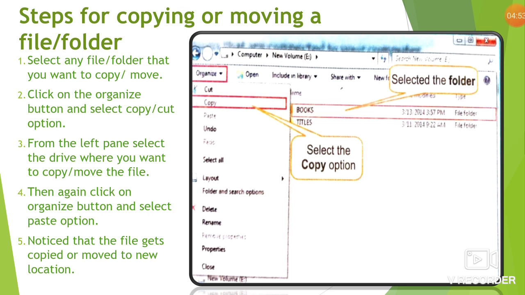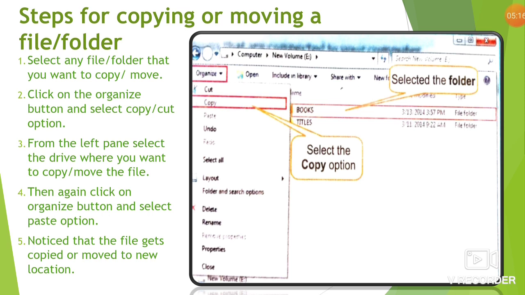After selecting the cut or copy option, go to the place where you want to copy or move your file, and there again click on the Organize button, and this time select the paste option. Then notice that your file gets copied or moved to the new location. Simple.